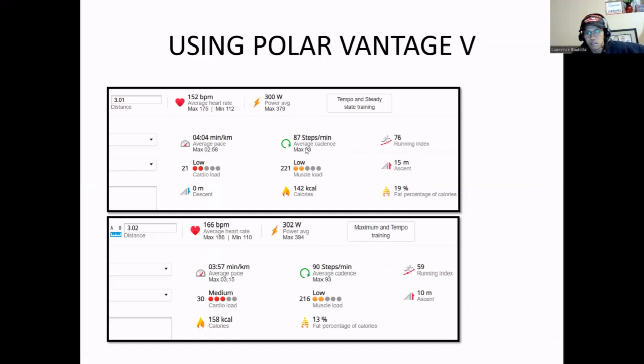I'm always trying to maintain a cadence of 180. And this one, if we're going to check that, it's gonna be somewhere around 175. But still, it's okay because they said that 180 is the magic number, which really all depends on your cadence or how tall you are. And these people are saying that okay, 175, 180 above, that's fine. Now, on the second run, when I was using the Vaporfly, okay, my cadence is 90